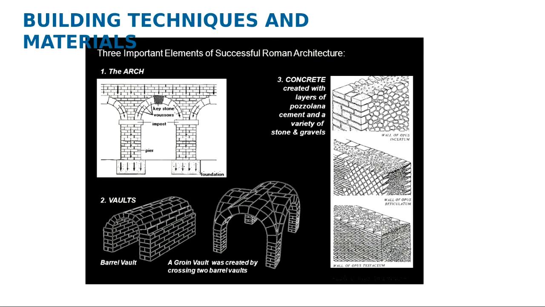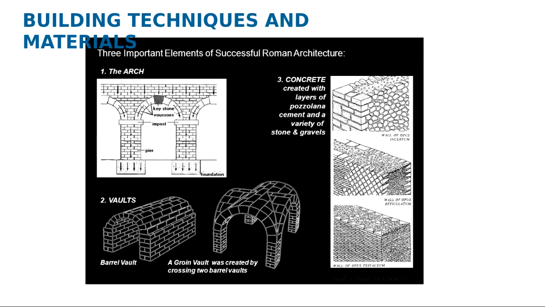So again, what are the building materials? There are three important elements that really made the Romans' architecture so successful. So the Romans, as I mentioned, they were really conquering everything, but as they were conquering, they were also building. They were able to start really building very fast, very big, very strong. And the reasons were due to three things. One, I mentioned already, which was the arch and this true arch, which used the keystone,